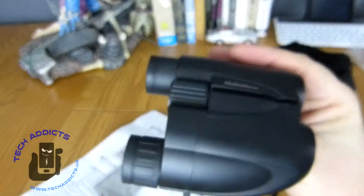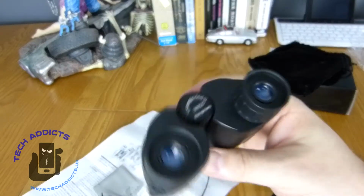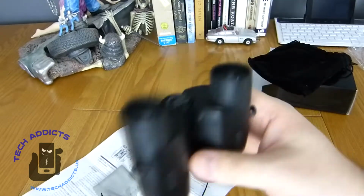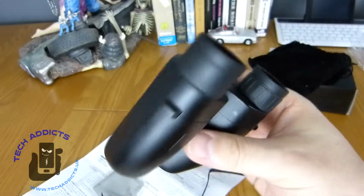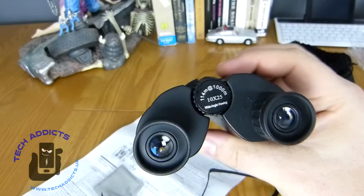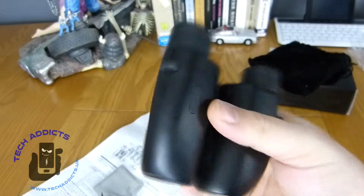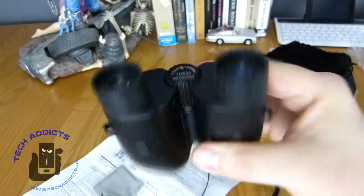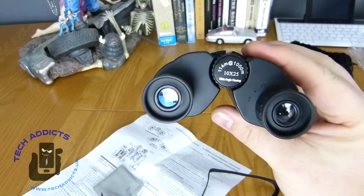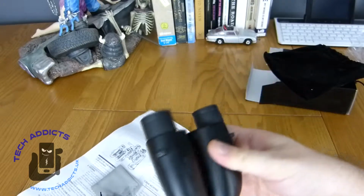However, they do look almost solid enough that you could use them in the rain. They'd probably let water in if totally submerged, and you'd have to dry it out, and I can't say that you would be able to get rid of all of the water or condensation inside very easily, but it would hopefully survive a little bit of a rain shower and perhaps hand sweat as well. If you're using them at a concert or somewhere that you might get a bit sweaty or spill some beer on perhaps. Obviously it doesn't come in a waterproof bag, which is a bit of a shame,